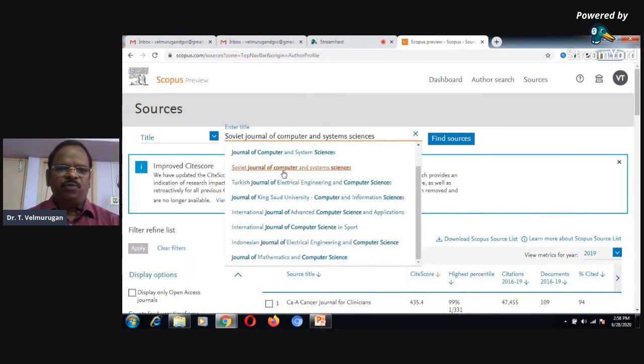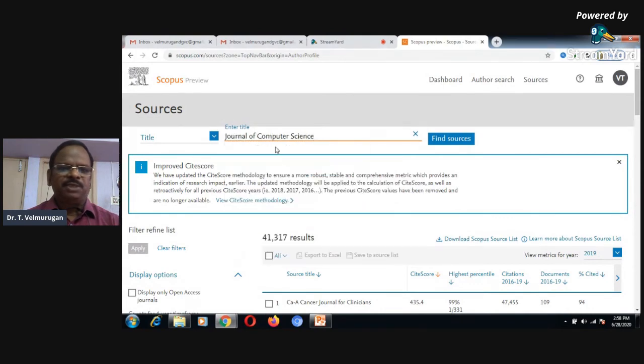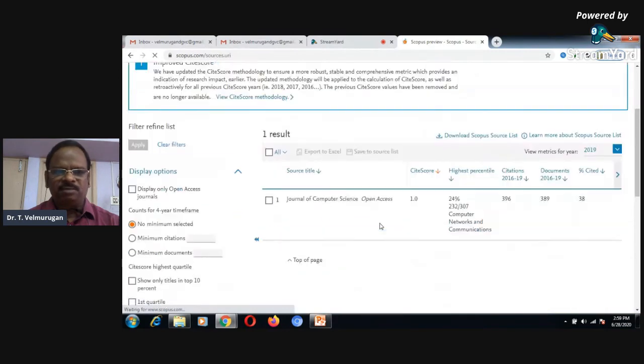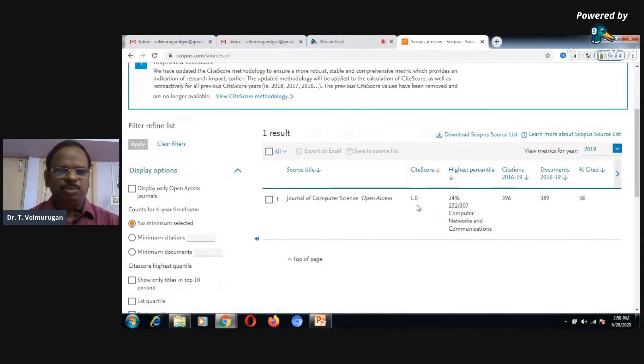Okay. So if you enter this website, automatically the information about the particular journal, the Journal of Computer Science, is displayed. Here, what is the CiteScore? CiteScore is from 2016 to 2019, that is 4 years of information.